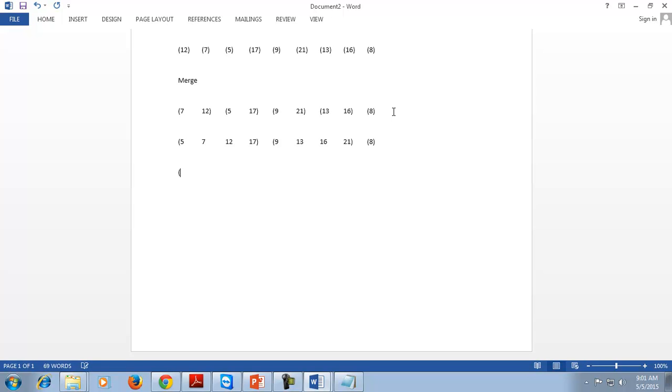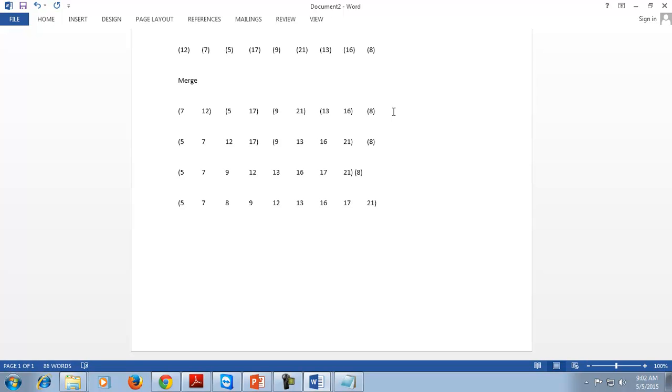Then in the next one, 5, 7, 9, 12, 13, 16, 17, 21 and then 8. And in the last one, the values will be 5, 7, 8, 9, 12, 13, 16, 17 and 21.